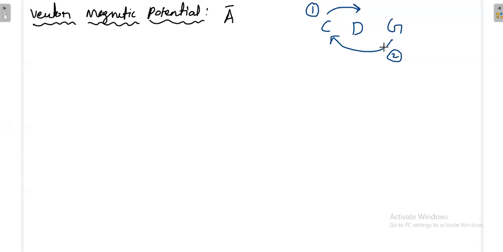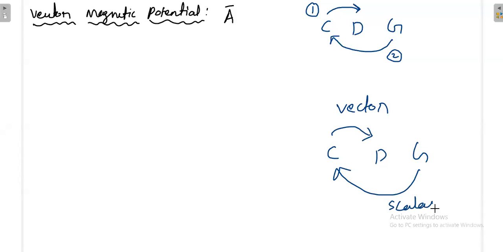Please be careful about this one, sir. Whenever you are having curl then divergence, this is for vector. The gradient is for scalar. The first one is for vector and the second one is for scalar. For scalar only you can calculate the gradient, then only you can take the curl. For vector only you can calculate the curl, then you can take the divergence. That is the idea. Do you understand? Okay, so definitely I have to apply the first identity.